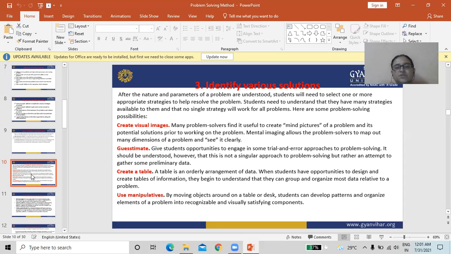It should be understood, however, that this is not a singular approach to problem solving, but rather an attempt to gather some preliminary data.